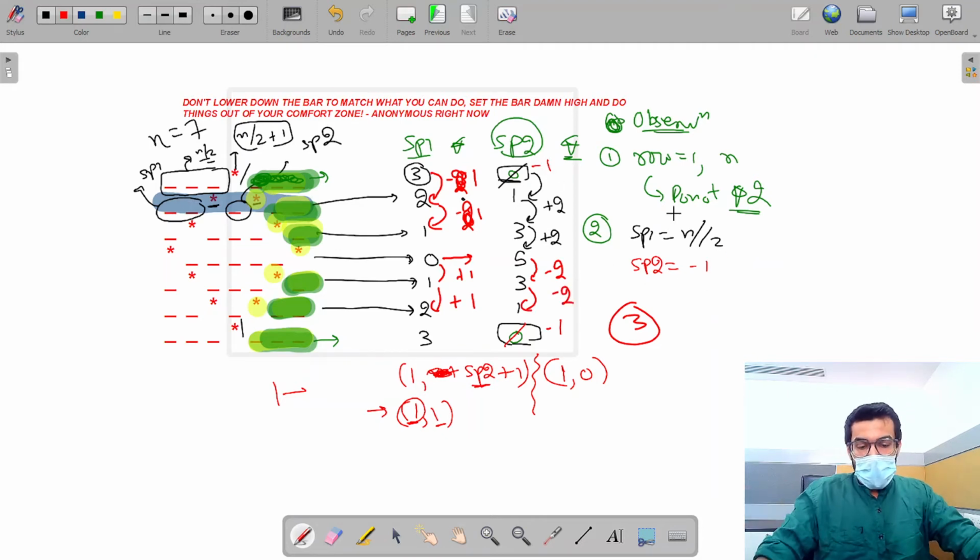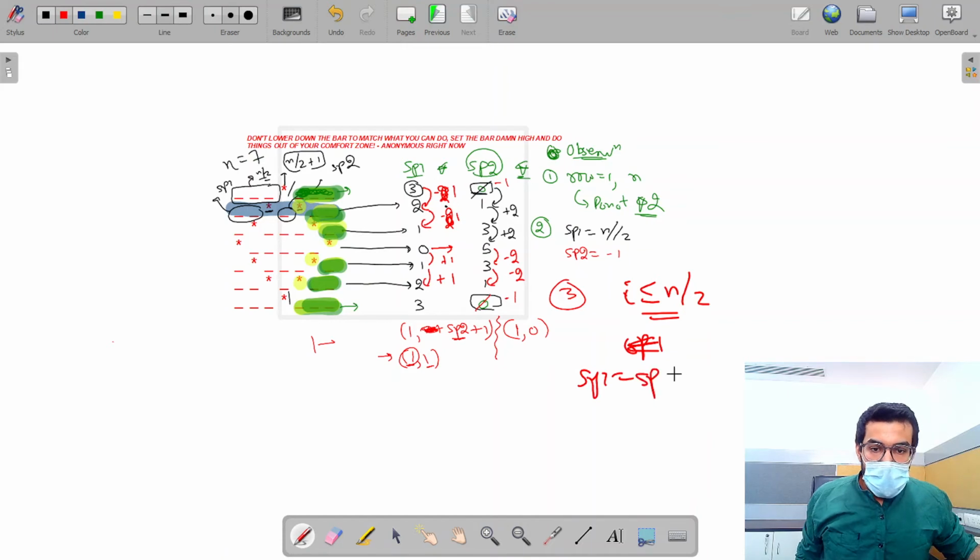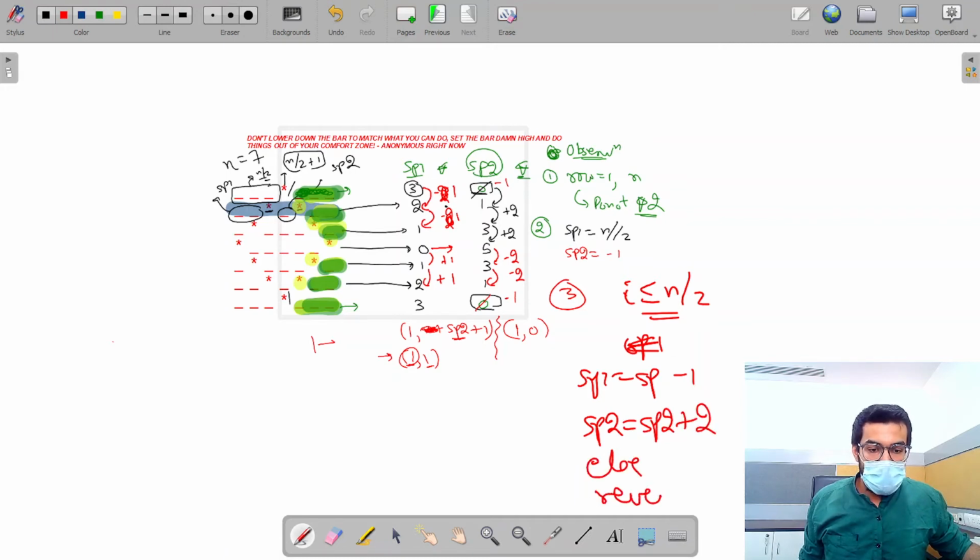So we would be using our reversing condition. That's why I was telling you to go over to my magic pattern concepts video. So if i is less than or equal to n by 2, one operation is performed, and that operation is sp1 is decreasing by 1 and sp2 is increasing by 1. We are done with our code, else do the reverse.